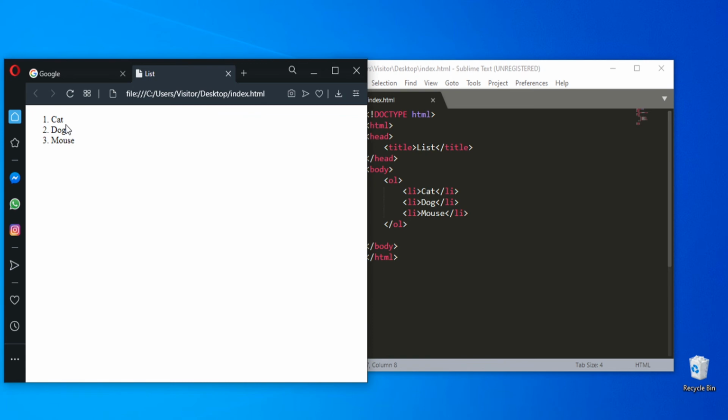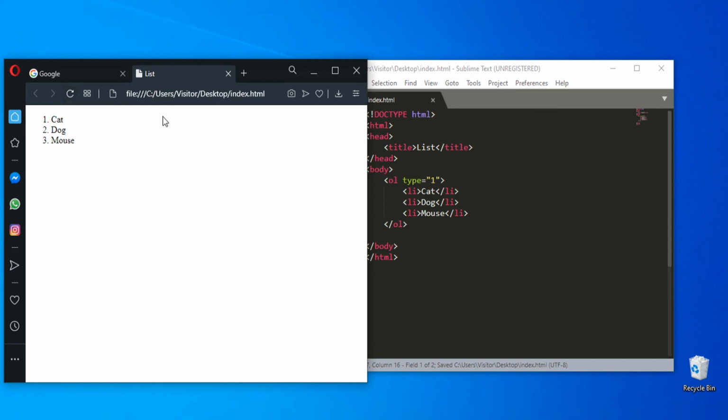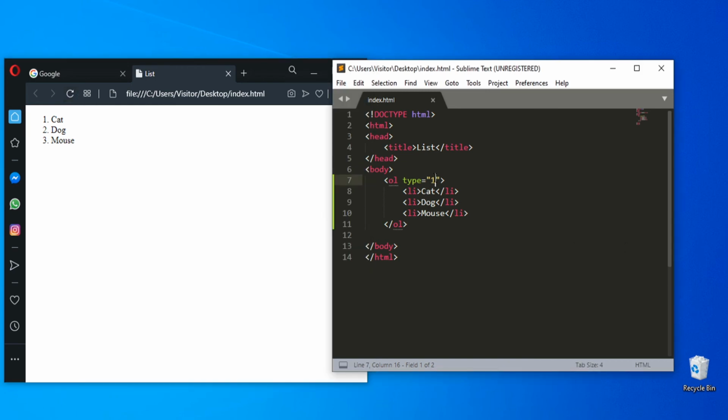So the list items will be marked with numbers. You can change this by typing type next to the OL. So the type will be 1, it is for numbers, and for example with type A, it is an uppercase letter,